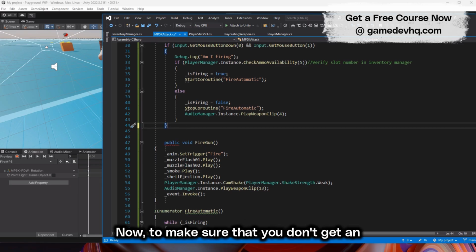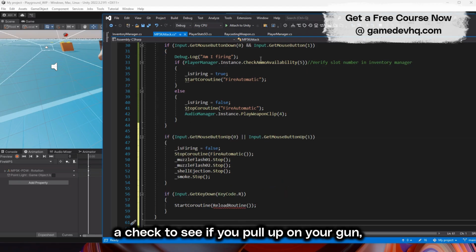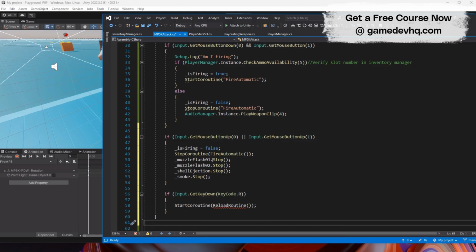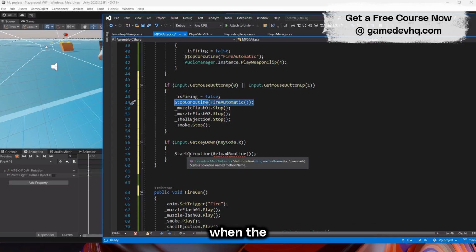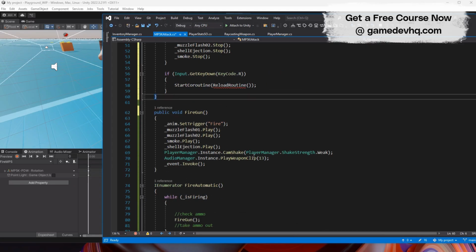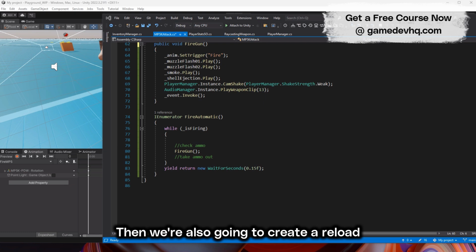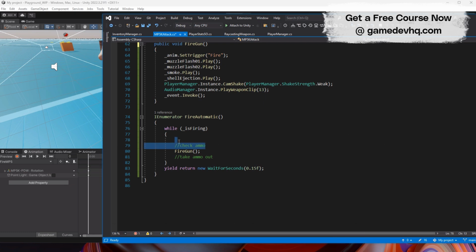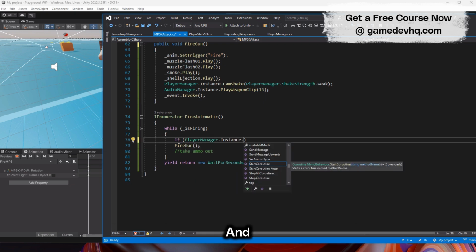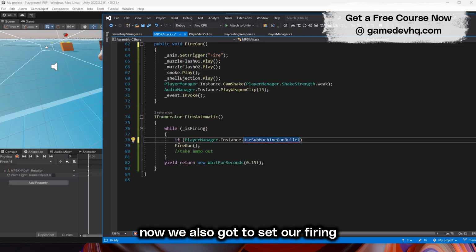Now, to make sure that you don't get an endless loop, you actually got to drop in a check to see if you pull up on your gun, then you're going to stop shooting. You're going to stop shooting everything. And so we got to make sure we do a check of when the left mouse button goes up, you got to stop. Then we're also going to create a reload check,